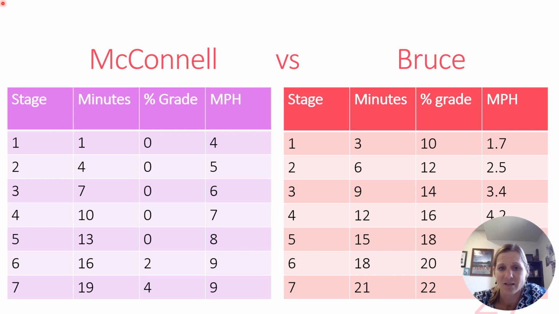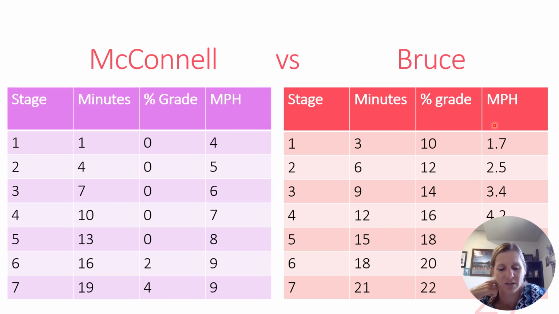The reason that this isn't the gold standard is there are tons of people that can't make it through stage 2. So then I haven't allowed this person to even go past 4 minutes in duration. That's not a really great indication of what their true VO2 max is, because the test was too hard up front. Okay, which is why Bruce is kind of the more common way to do it.